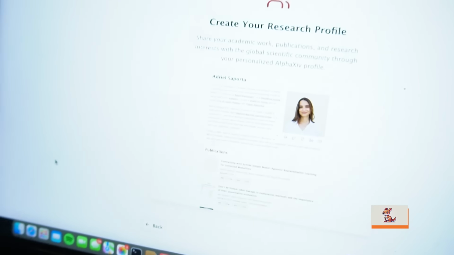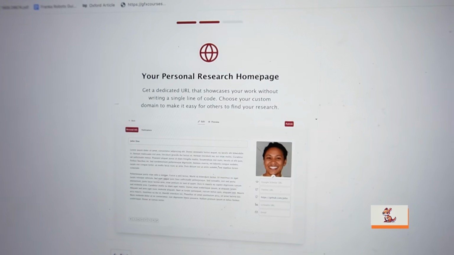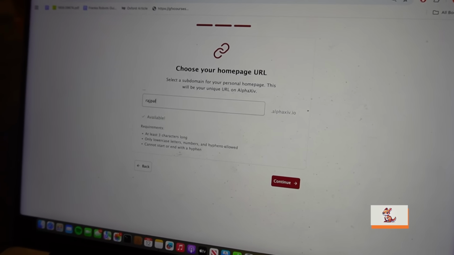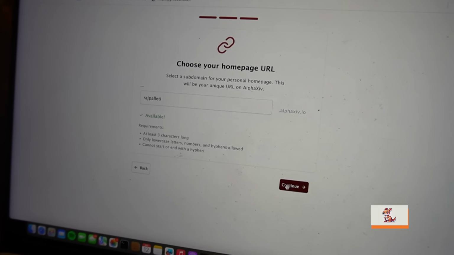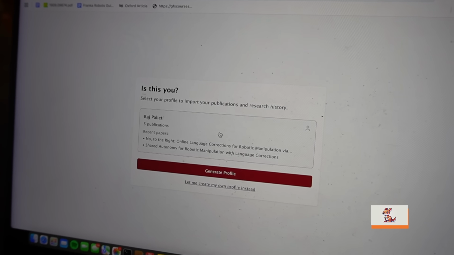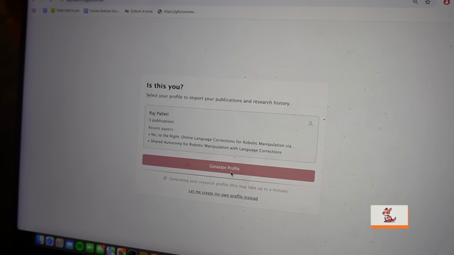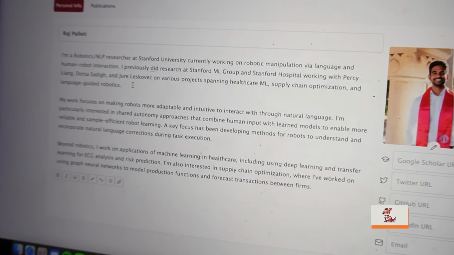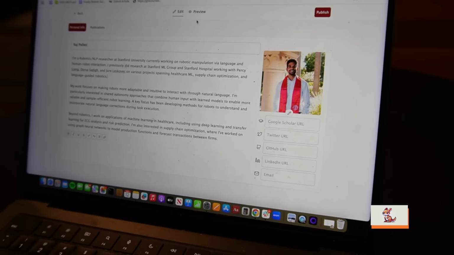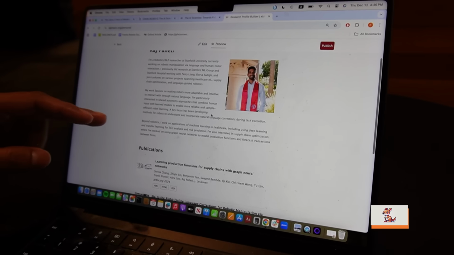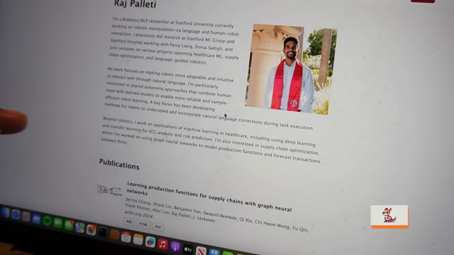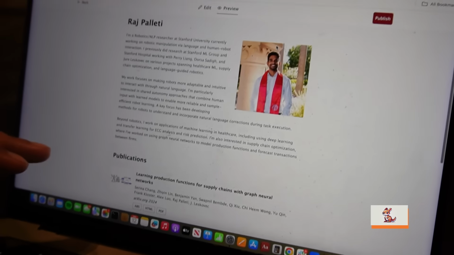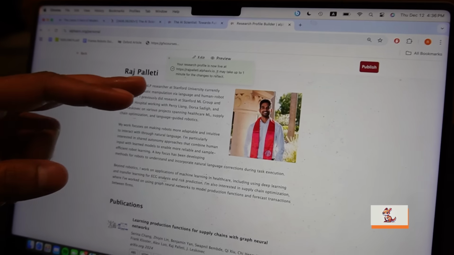So we can go ahead and create my research profile, and I'll click next. I can enter in a name for my domain. I'll just say Raj Palleti, and it'll now find my publications, and I'll go ahead and generate this profile. You can see now it's written a bio that I can edit, and I can also preview it. You can see that it has gotten my picture from Google Scholar and also my publications, with figures from my publications. So I can go ahead and publish it, and now this site will be active at